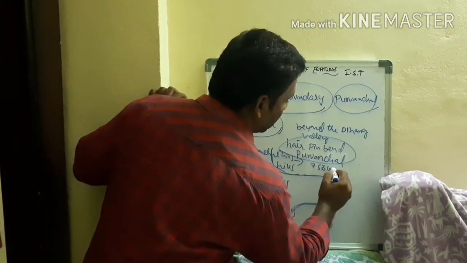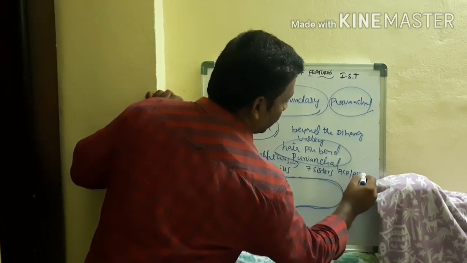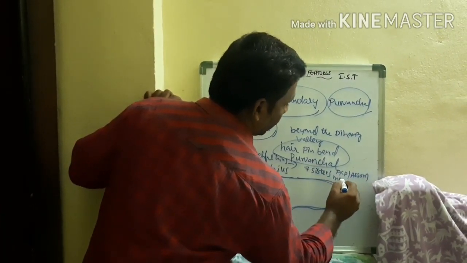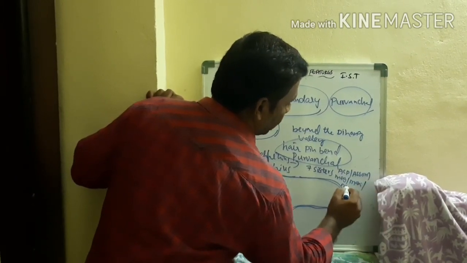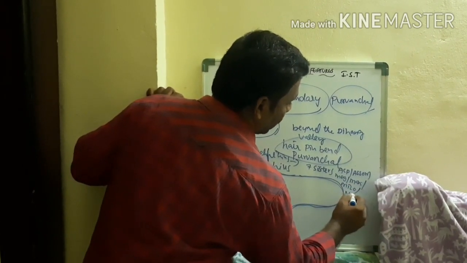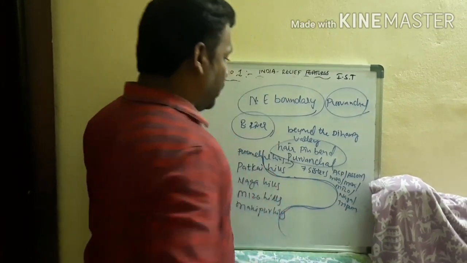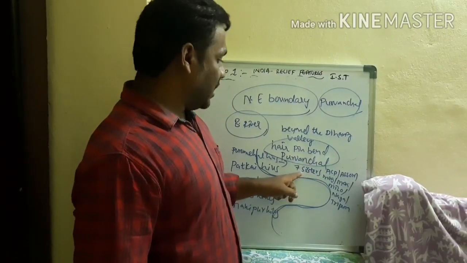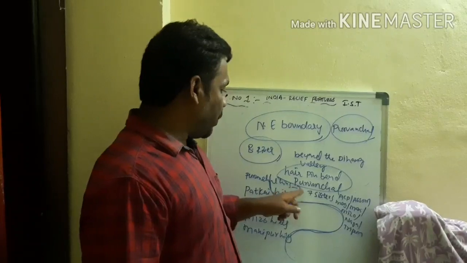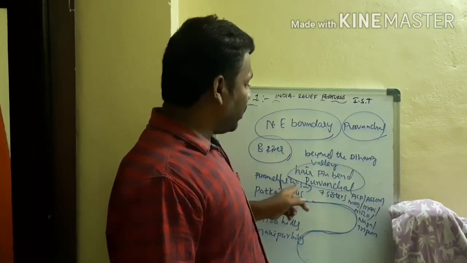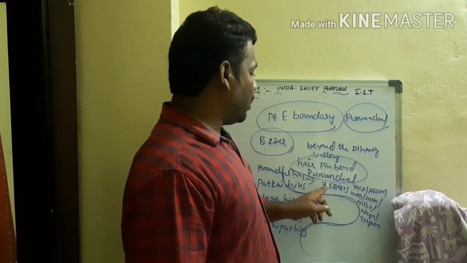What are they? The 7 sisters are Arunachal Pradesh, Assam, Meghalaya, Manipur, Mizoram, Nagaland, Tripura. The 7 states are called the 7 sisters, or we can call them the northeastern states. The Purvanchal Hills are spread across the 7 states.